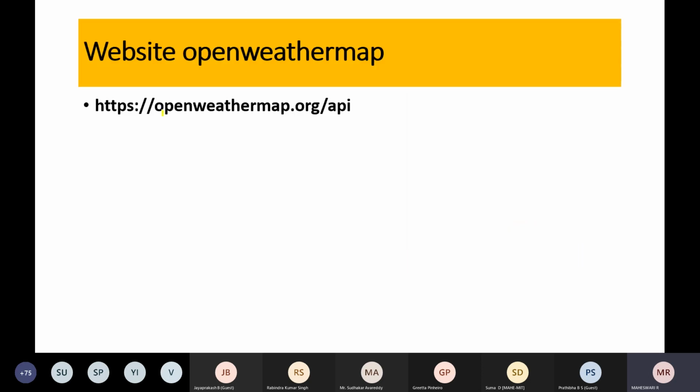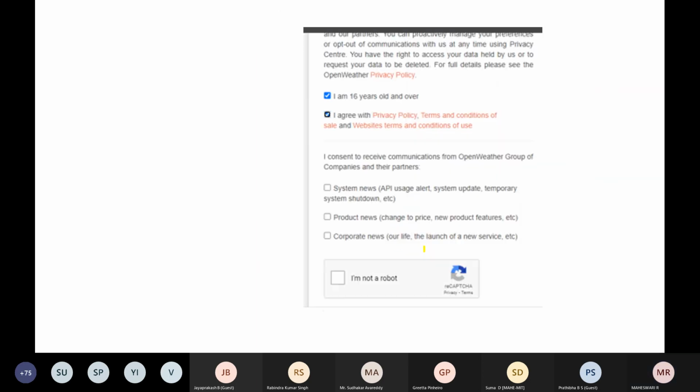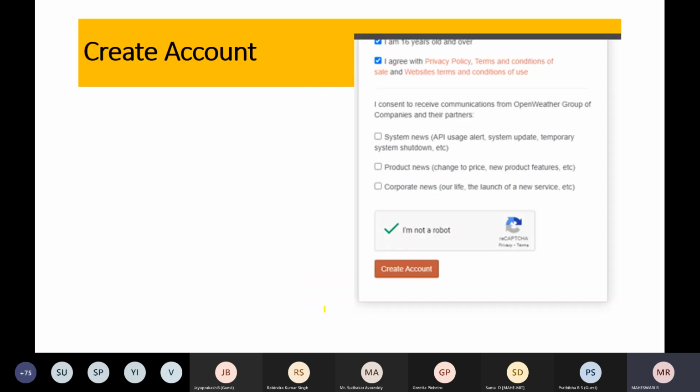So you just open openweathermap.org, give your username, password, and keep these two active. Then you need to check I am not a robot. You just click this I am not a robot. Then you create an account.